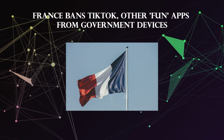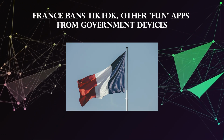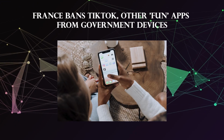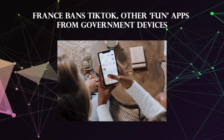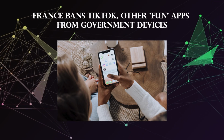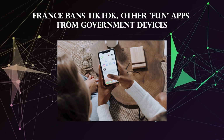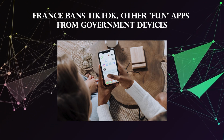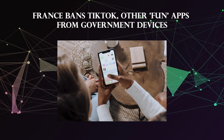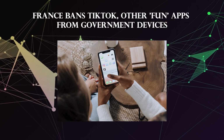According to the Civil Service Minister, recreational apps do not deliver sufficient levels of security, cybersecurity, and data protection to be deployed on administration's digital tool. According to cybersecurity experts, several other recreational apps also gather information from user devices. Even when they don't, they can use bandwidth, take up storage space, or inadvertently cross-post information. Therefore, from a risk perspective, it makes sense to take a holistic approach and restrict any non-work essential apps and